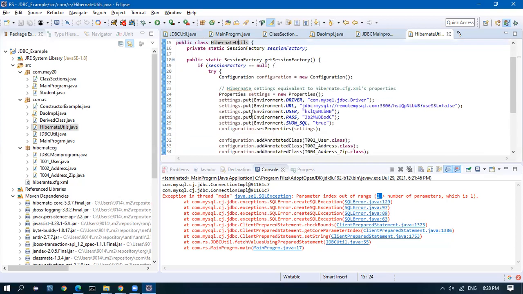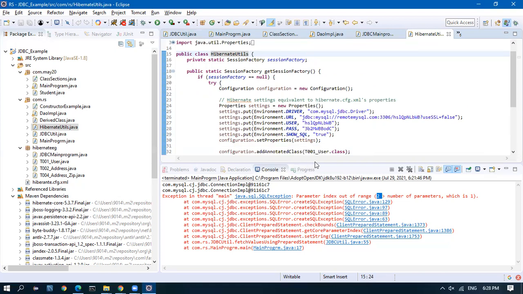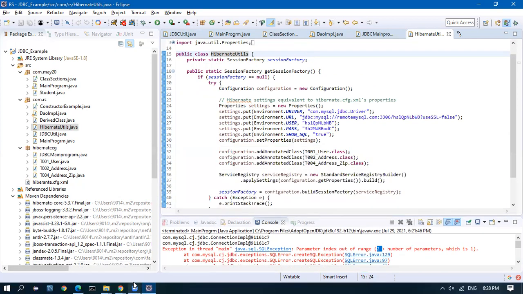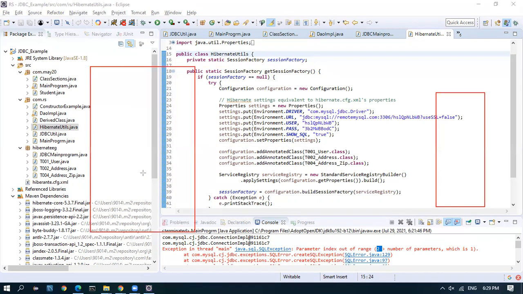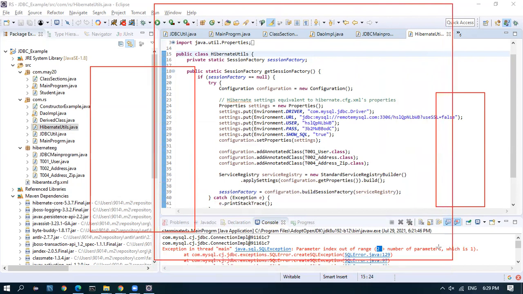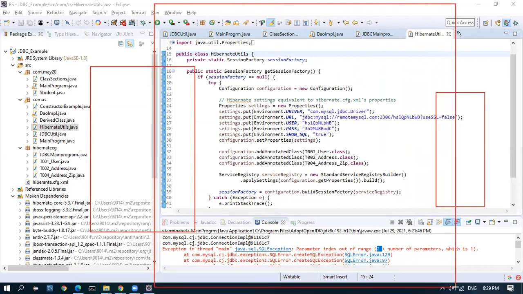So what happens? Hibernate, I'll draw a diagram. There is a DB here, and there is a DAO layer here. This is a DAO layer, and this is a DB. In between, there is an overlapping layer. So we'll expand that overlapping layer alone now and see. So here, which is a Hibernate layer, right?